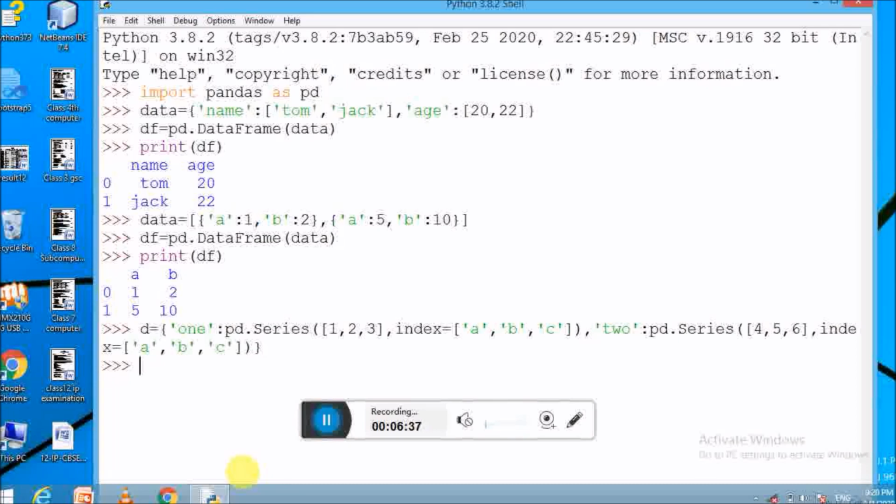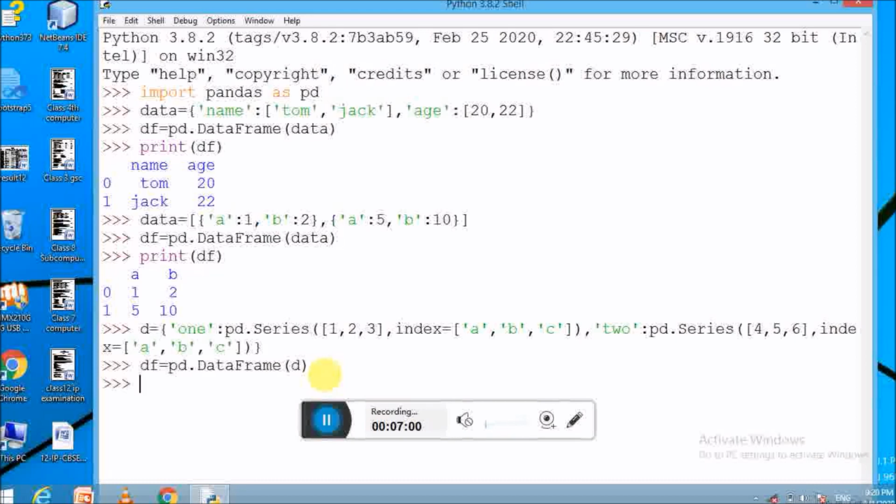Now to create the data frame, type the code df is equal to pd.DataFrame, and inside the constructor we should pass the variable from where we get the data. We will get the data from d, because we stored the dictionary of series inside this variable, and press enter.